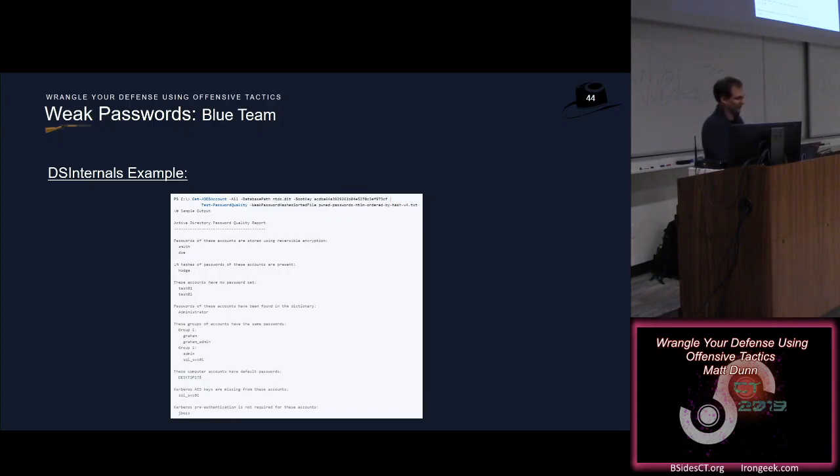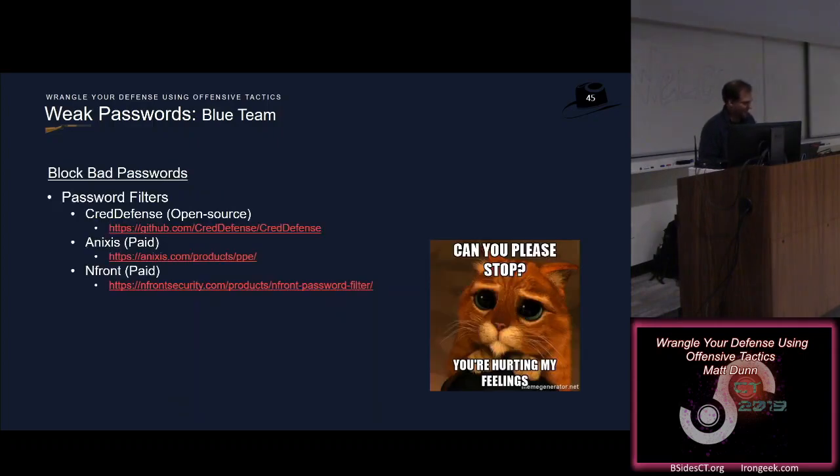You can also see whether your IT people, your admins that have their mortal account and then their admin account, are using the same password for both of those. I've been in situations where we got access to a mortal account, and we saw that this username was similar to an admin account. We tried the password on the admin account, it was the same. And then we had a lot more access to the network.